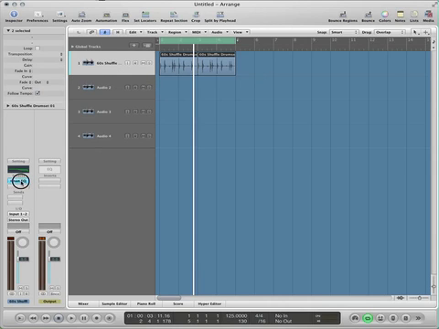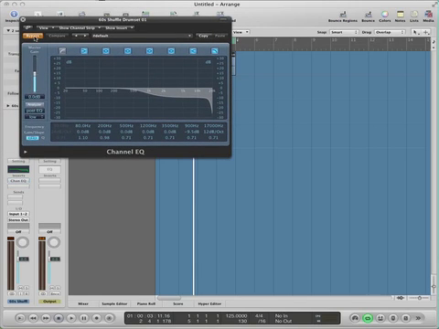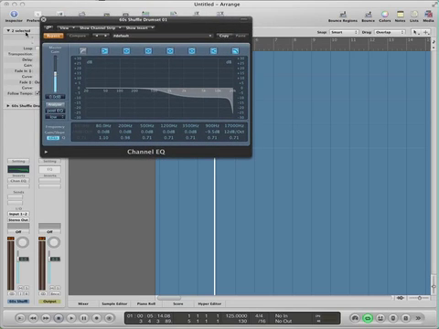Actually, I put an EQ on it just so it wouldn't be so harsh to listen to. Without this EQ, cutting some of the high end, it sounds like this. And with this EQ applied, it sounds like that. So I just thought it was a little bit harsh, more just for doing this video. So you could always just bypass that EQ when you're ready to do your regular music. Anyway, so